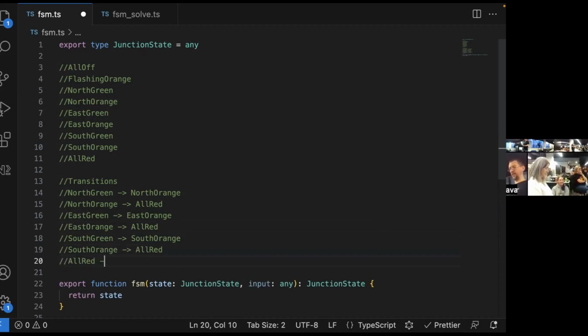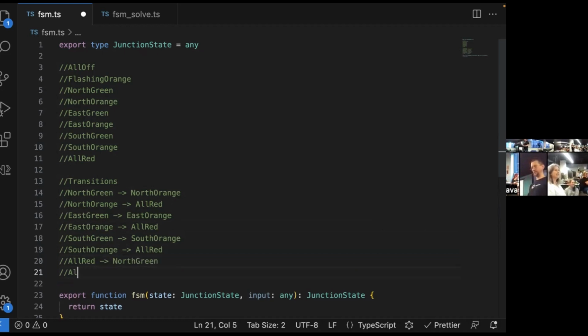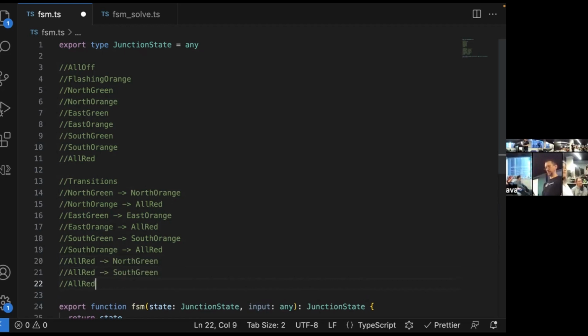And what are the valid transitions out of all red? Any of the greens, right? So we're talking about north green, south green, and east green.